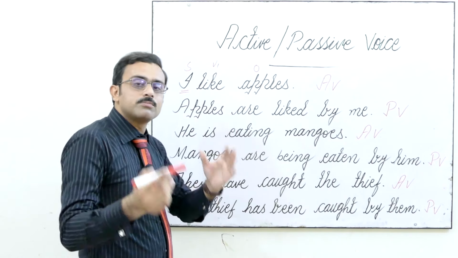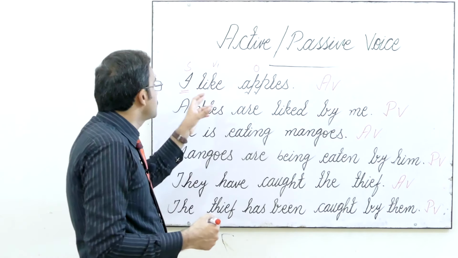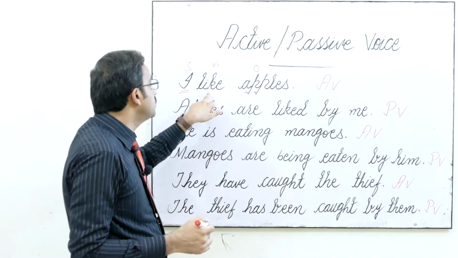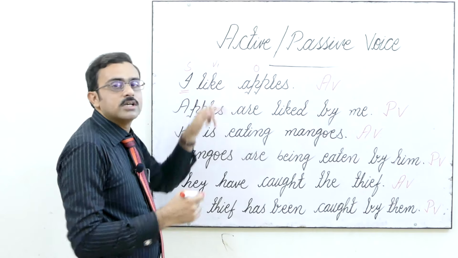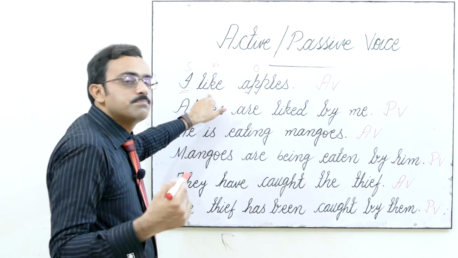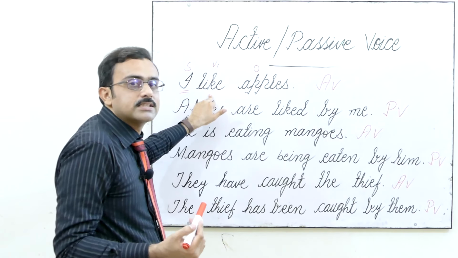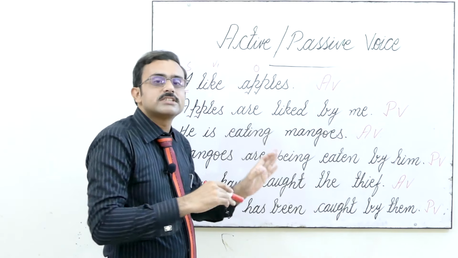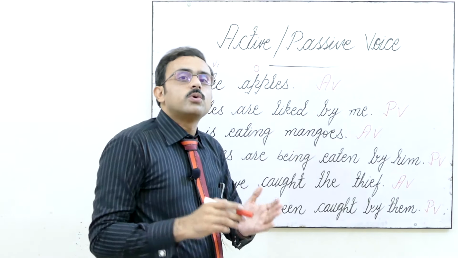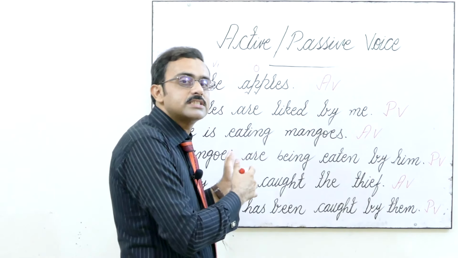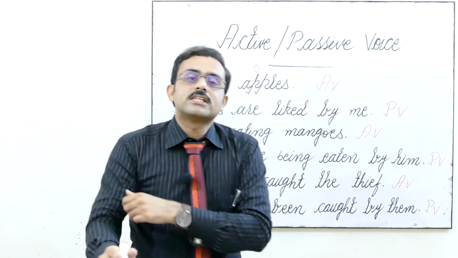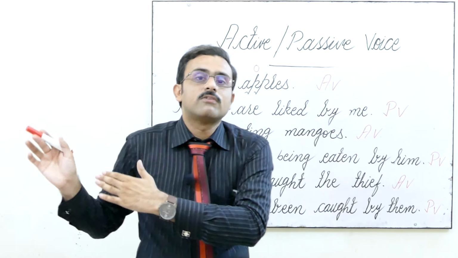First of all, I'm going to discuss the present tense. So, I like apples. This is your present simple. How did you come to know? Because we used V1, means first form of verb. So this shows that this one is present simple tense. And these things we have discussed earlier in our lecture of tenses. So if you haven't gone through these things, you had better first look at that lecture of tenses.